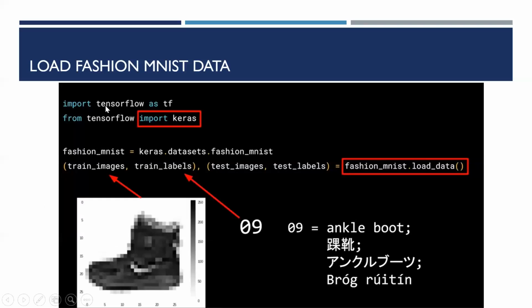So we'll be importing TensorFlow. So import TensorFlow as tf, and from TensorFlow, we'll import Keras. Okay, so now we can simply define FashionMNIST. FashionMNIST is equal to keras.datasets.fashion_mnist, and since this is part of the TensorFlow Keras platform, we can simply load